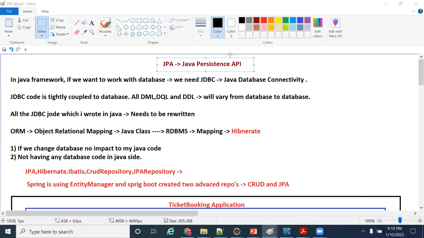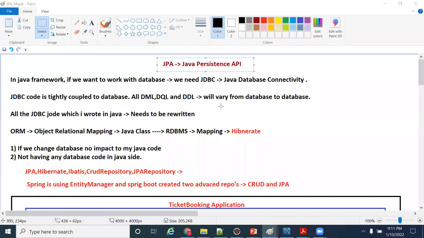Nowadays, MySQL is also very famous. No need to pay licensing cost, and all the features that are in Oracle are also given by MySQL. So I got a requirement from the customer: please shift to MySQL. Now, what is the impact on the code if I use JDBC? The complete DAO layer we need to revamp. What is the data access layer? Retrieving data from the database, creating data in the database, updating: the insert statements, update statements, select statements, delete statements. Why do I need to change, guys?